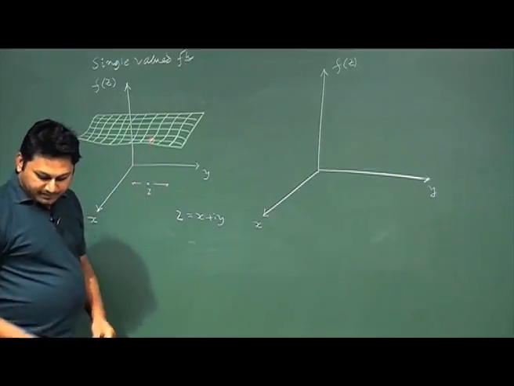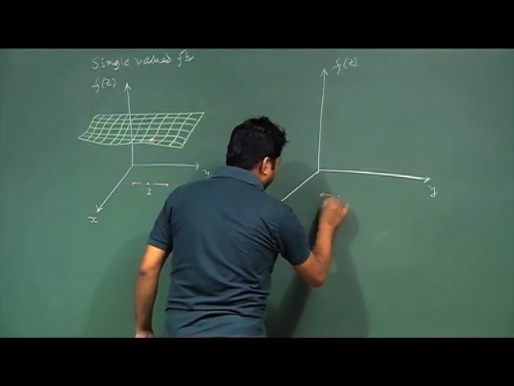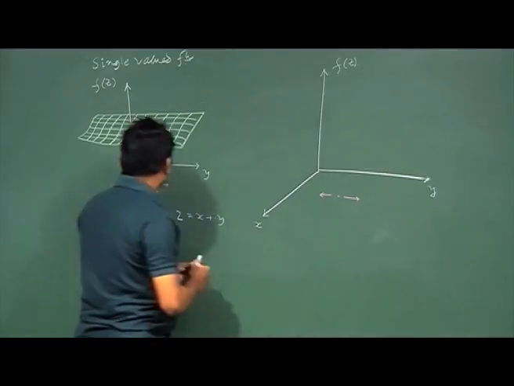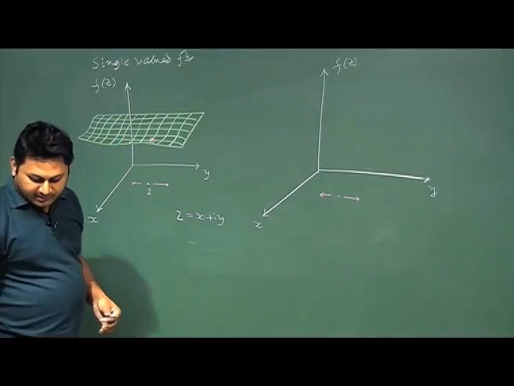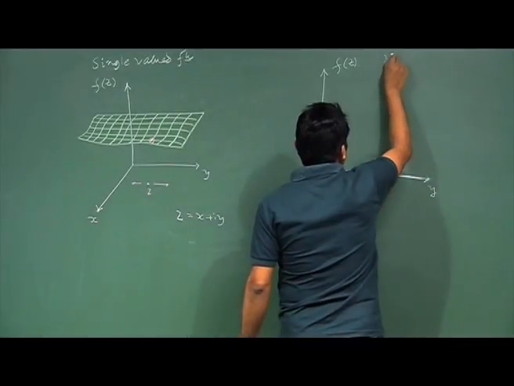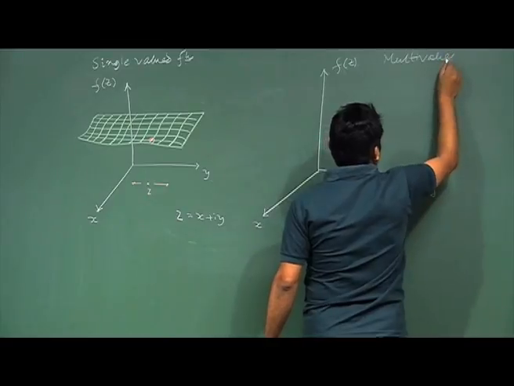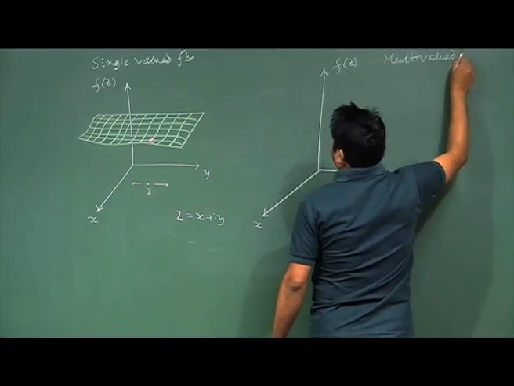Again, for a point z here, I should have one point like this, but since this is a multivalued function,